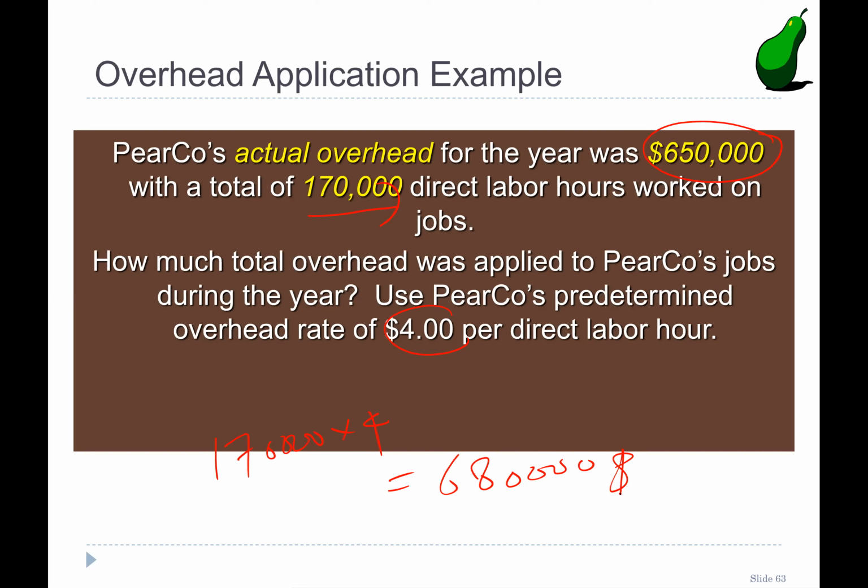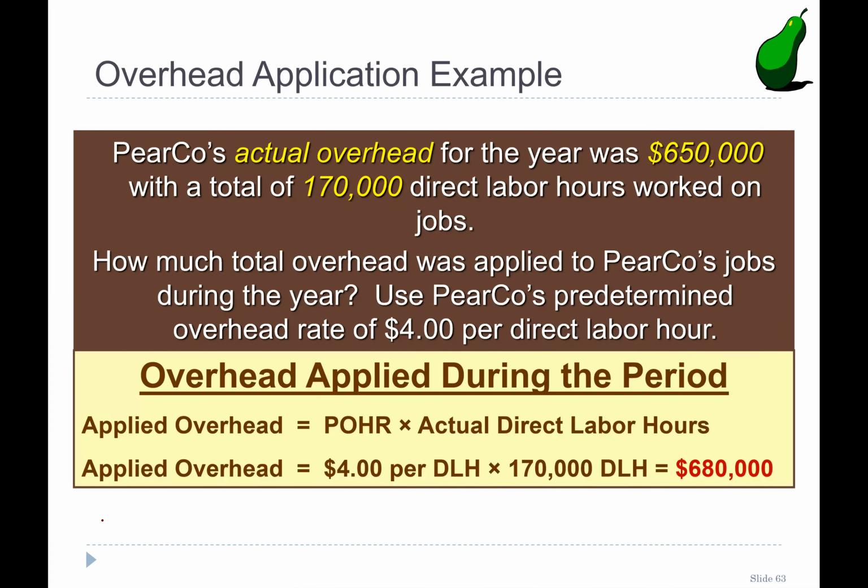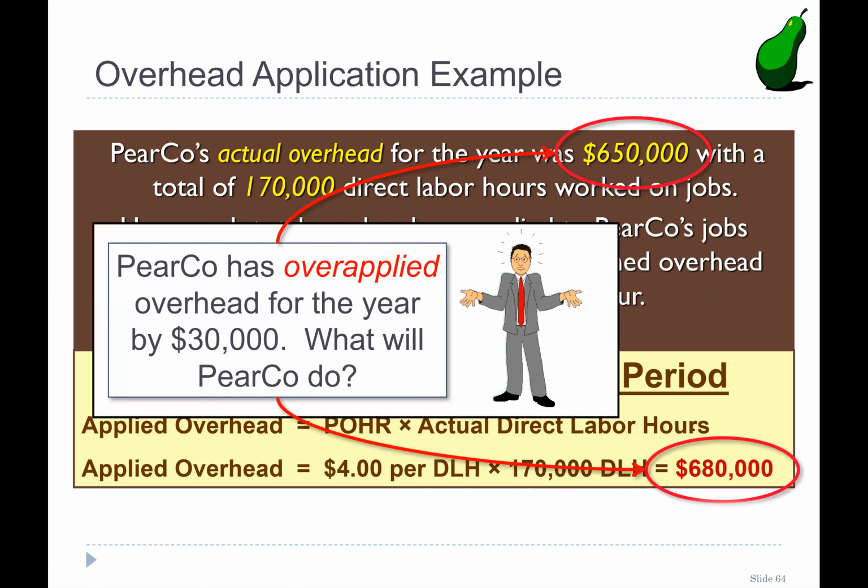So if we planned based on 170,000 direct labor hours, our applied or estimated manufacturing overhead would be 680,000, but actually it was 650,000, right? So let me just clear and see the answer here. See, 680,000. Now, let me know: is this over or under? It is over. How? Because your applied or your estimate